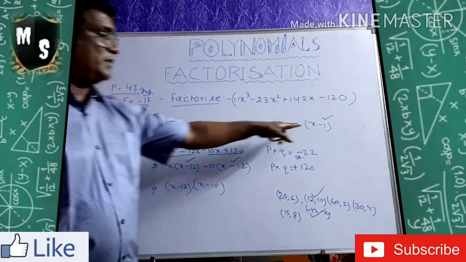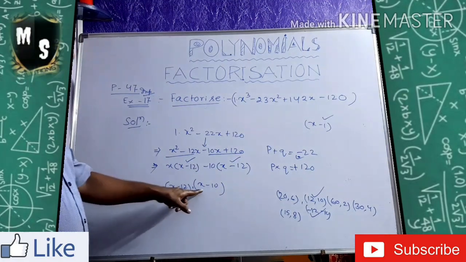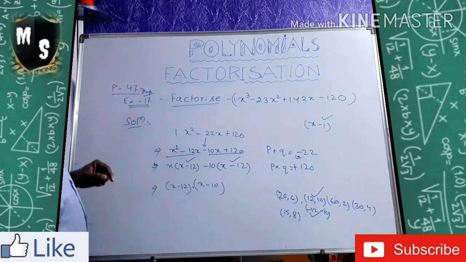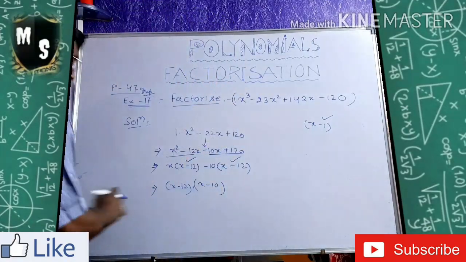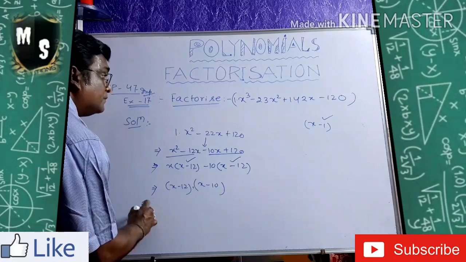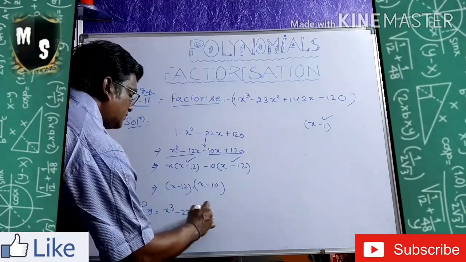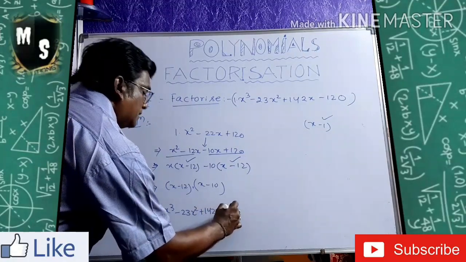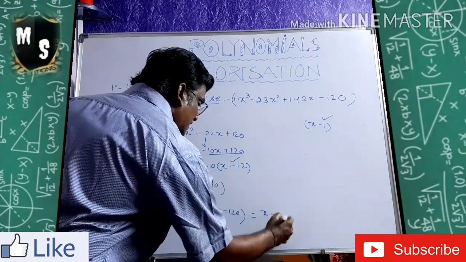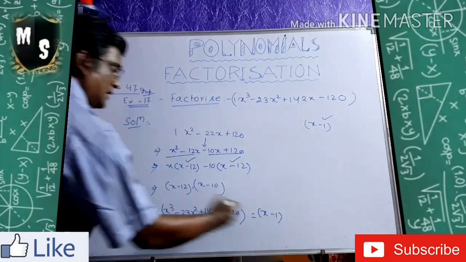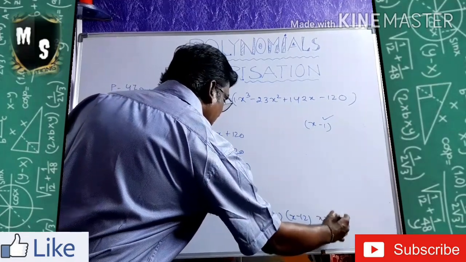So, first factor is x minus 1, we got it. And second factor is x minus 12. And the third factor is x minus 10. So, again, you have to write your polynomial. What is that polynomial? The polynomial p(x) is equal to x cube minus 23x square plus 142x minus 120, factorized as x minus 1 is my first factor. Now I got these two factors, that is x minus 12 and x minus 10. Always remember